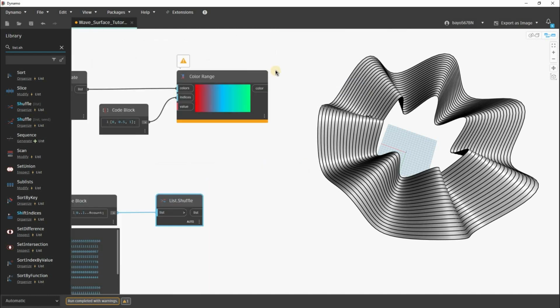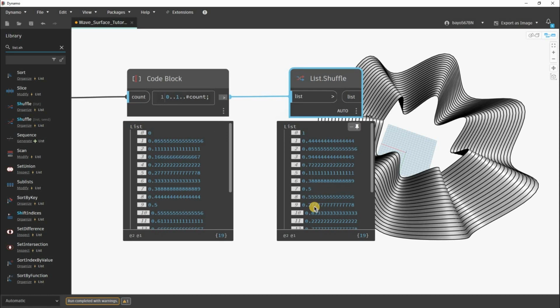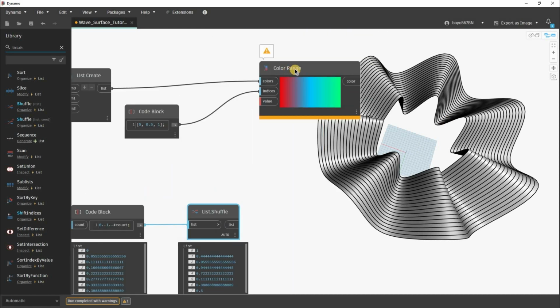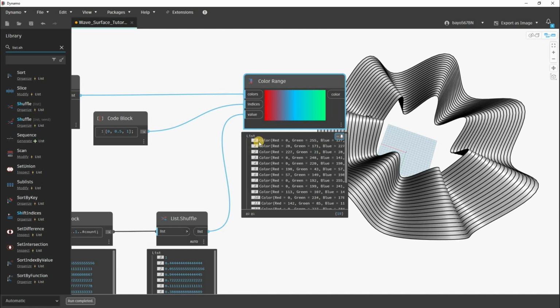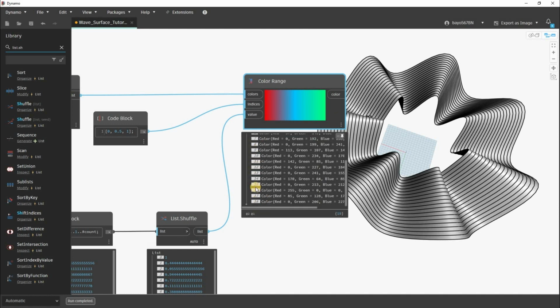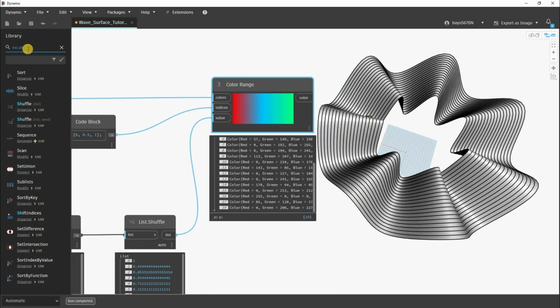Okay, so when you shuffle the list there, as you can see now, the numbers are not ordered, which means it's not going to be picking the colors in an orderly fashion. So now we've picked up the colors, a list of 19 colors that will now be applied to these surfaces. So the last node we need for this is the